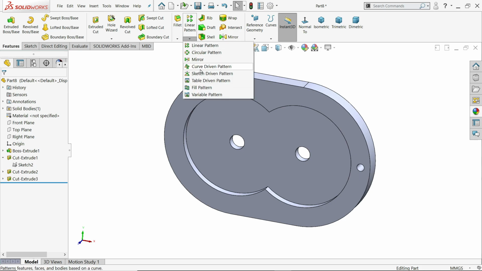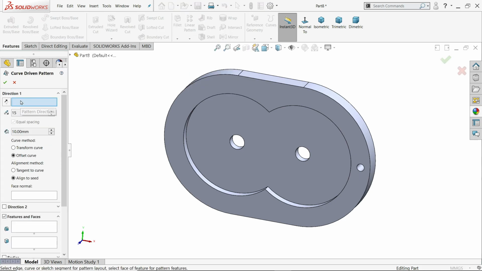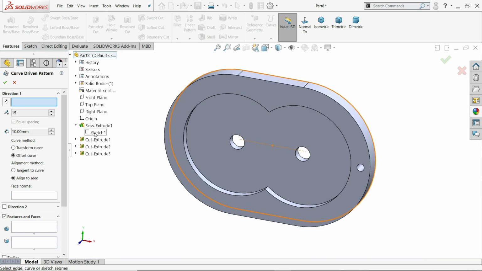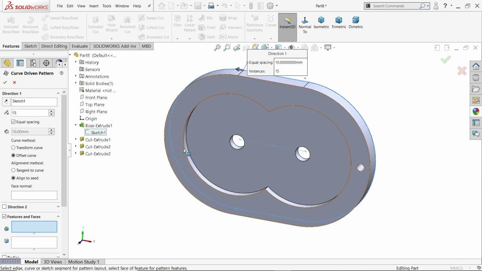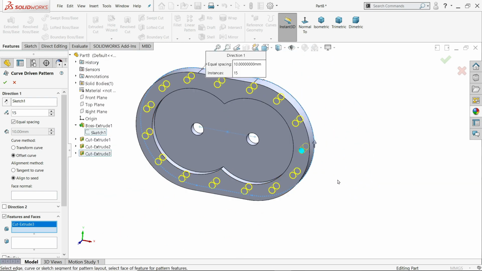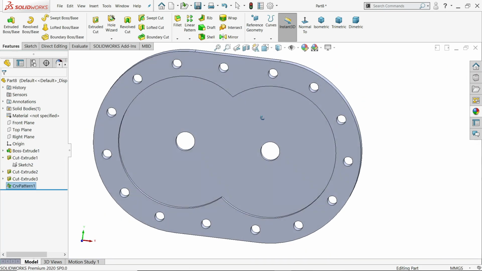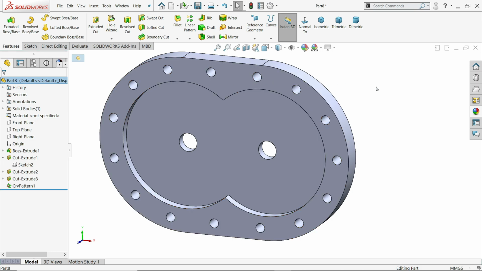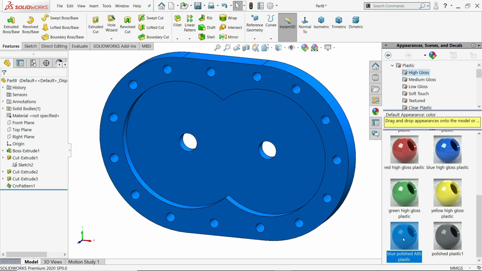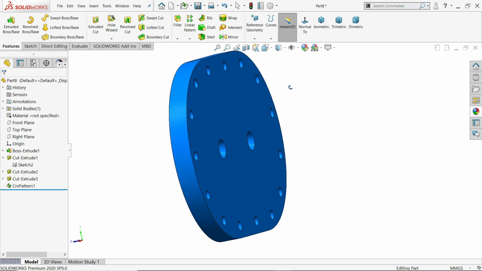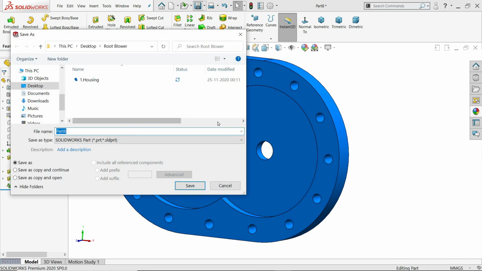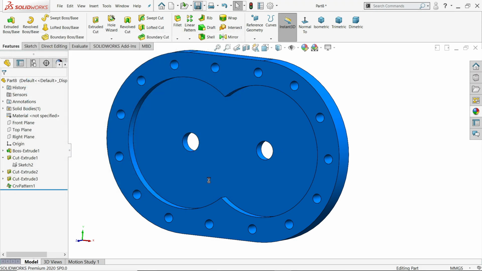Now again I'll use curve driven pattern. Here we need to choose first sketch because first sketch is only one closed geometry. 15 number of holes, equal spacing, offset curve, and here choose feature. Now see the hole is going to predict. Cover. Let's make